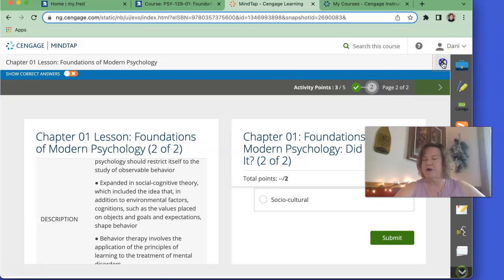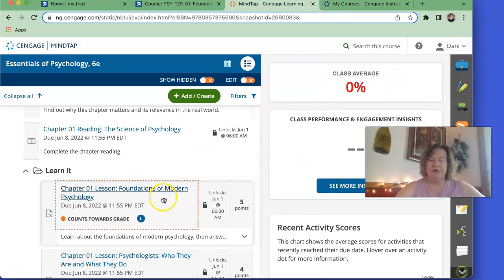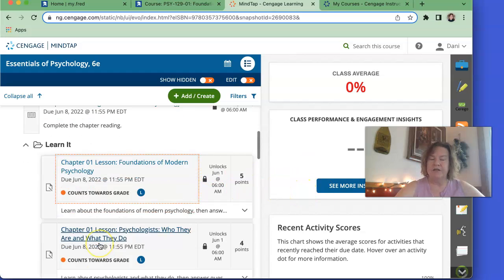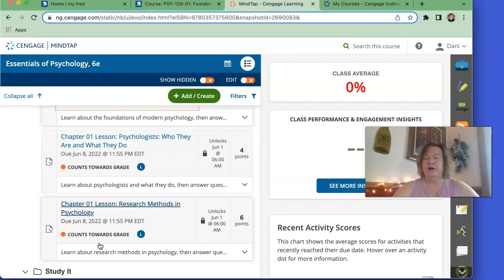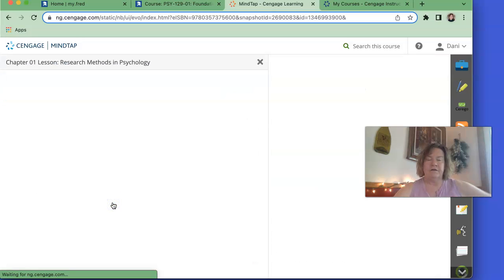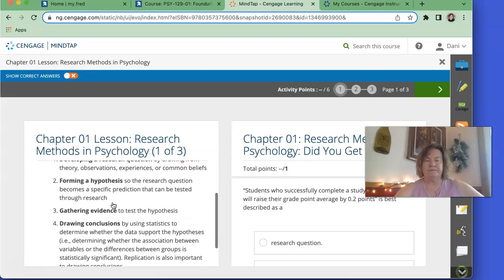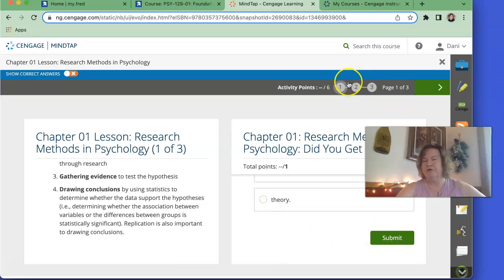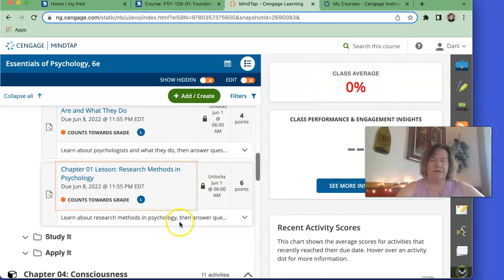Okay, so if you want to get out of here, you don't want to do that. All right, so there's section points at 5 points, so there's sometimes multiple pages. This is sort of how the lessons work. The reading will be on the left side, and then questions about that reading on the right. And then you'll see up here that there's several pages that you have to work through. Okay, so that's sort of the lessons.